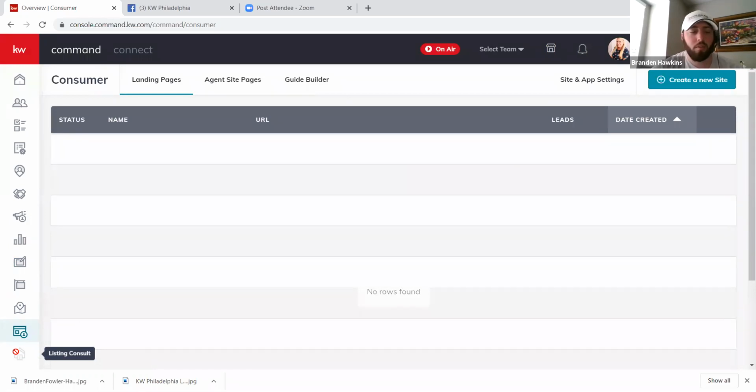Just a brief teaser: once this listing console feature is available, you can put listing information in, and it'll actually create a legit, by the numbers, solid listing console that you can then take on your listing presentations. There are already listing presentation and buyer presentation templates in designs you can modify. But if you want to create a new site,